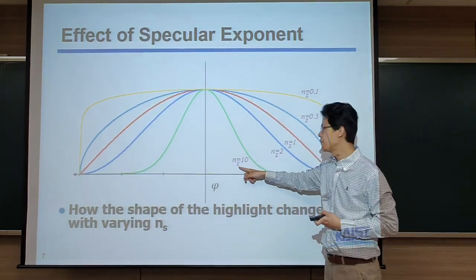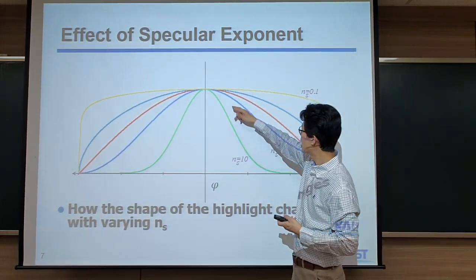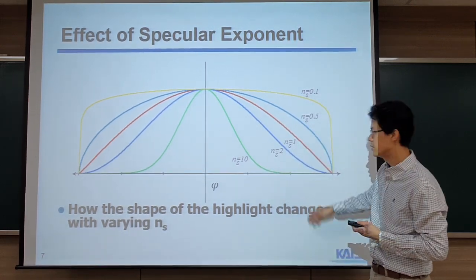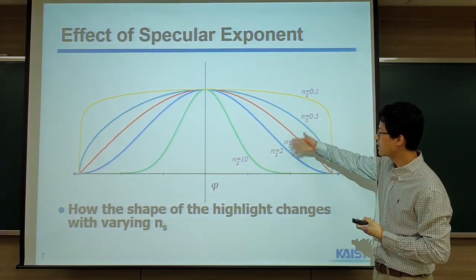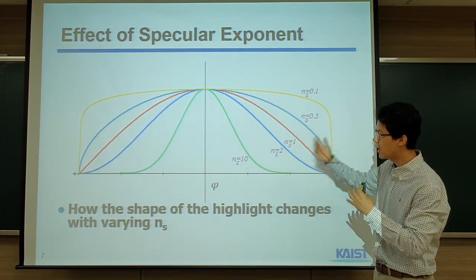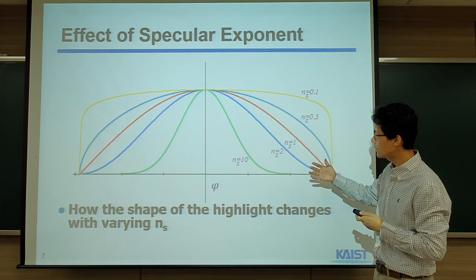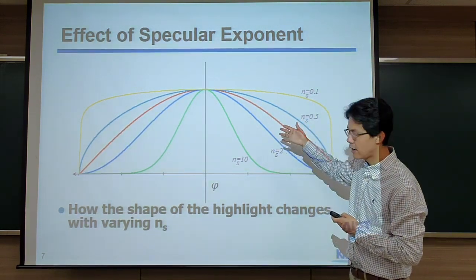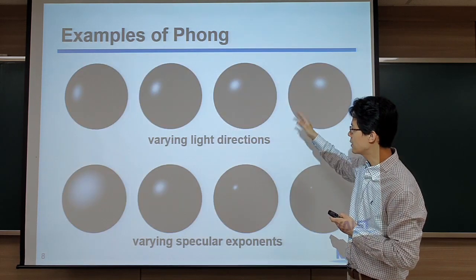But as the NS value gets very big, like 10, then this energy falls down very quickly as this angle gets larger. So based on the NS value, we can change the shape of how the highlights fall off. Based on this graph, it's a little bit difficult to understand, but let me show you